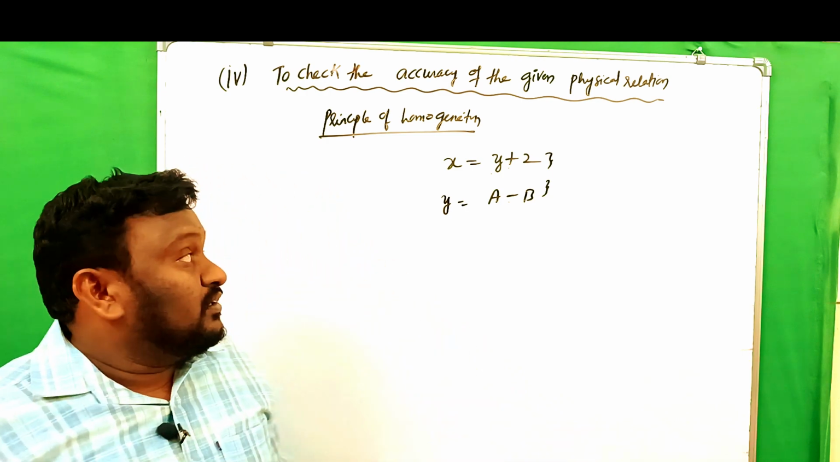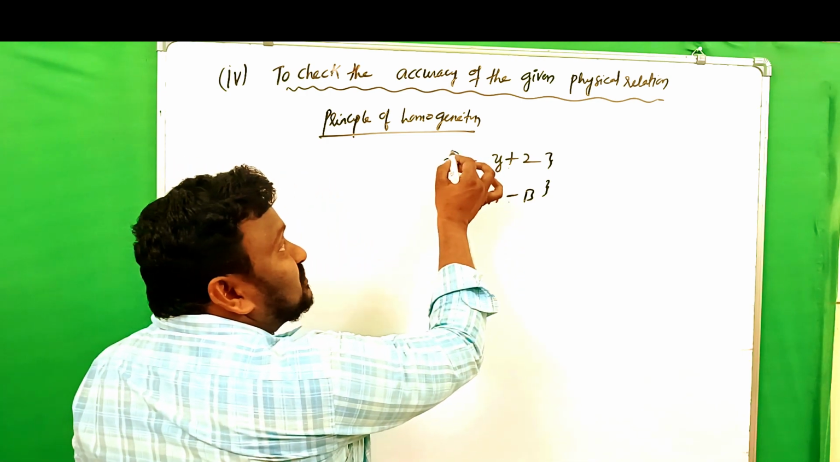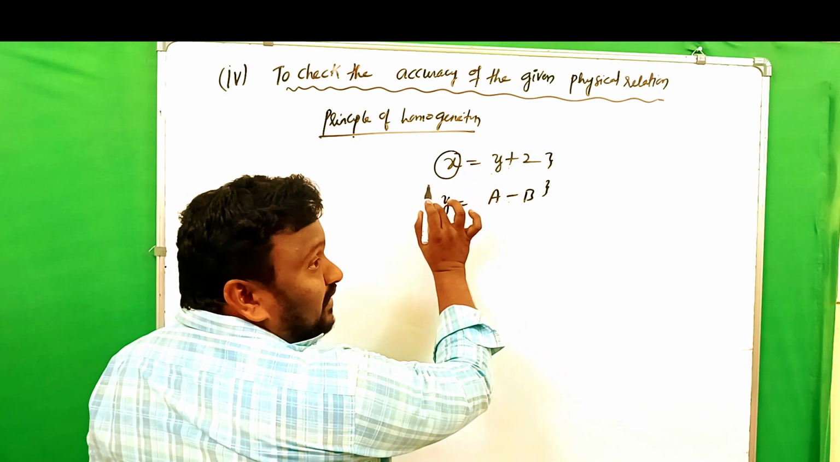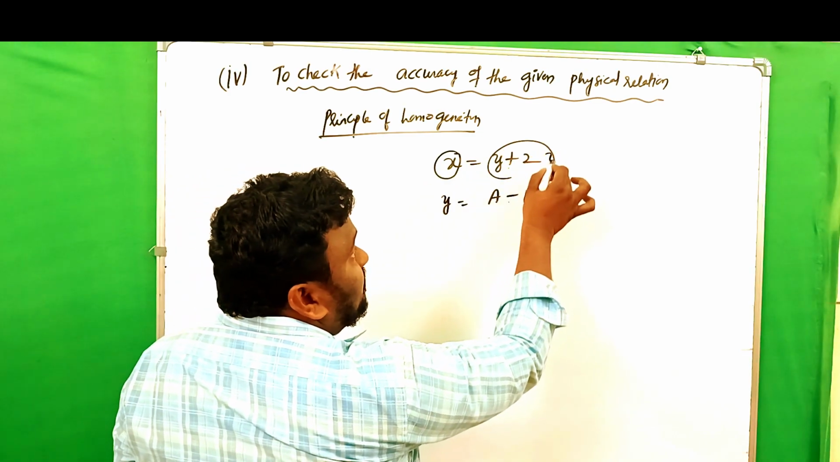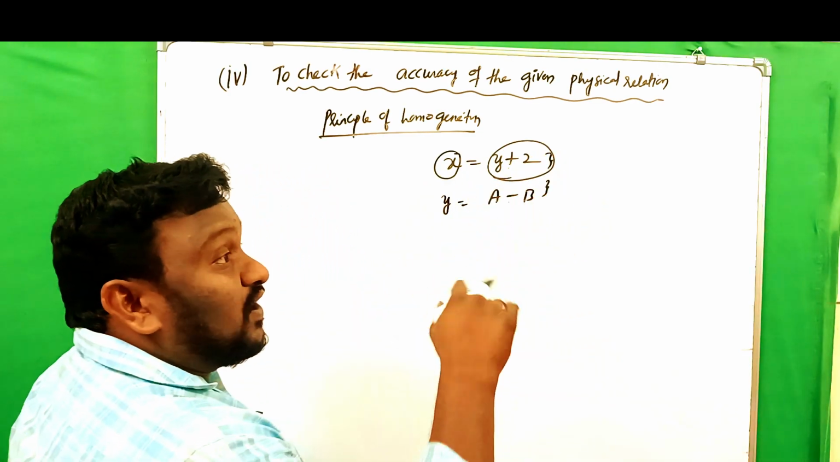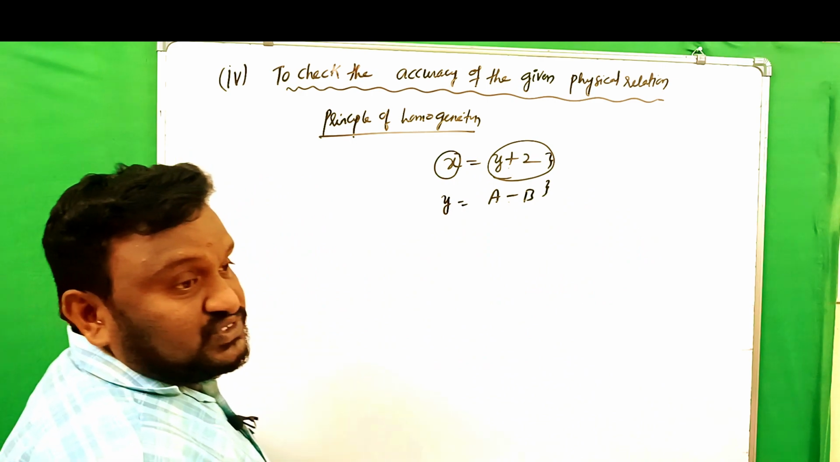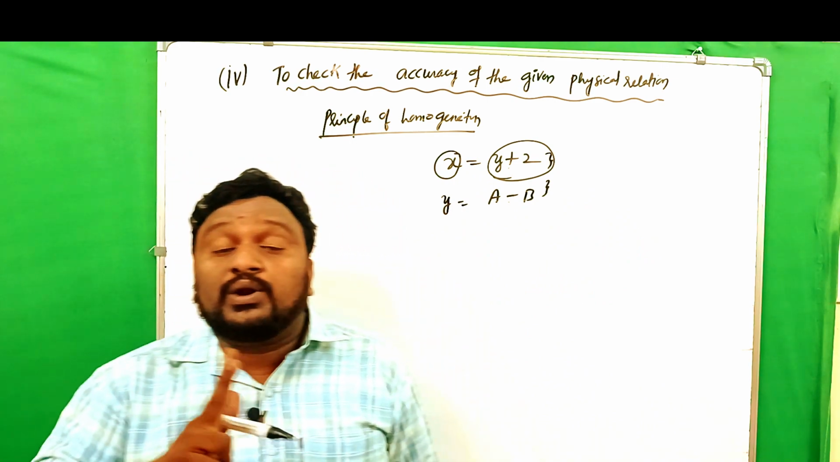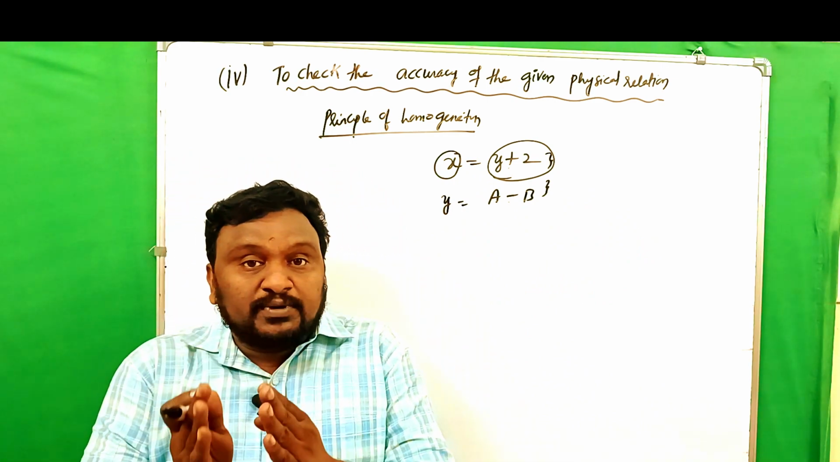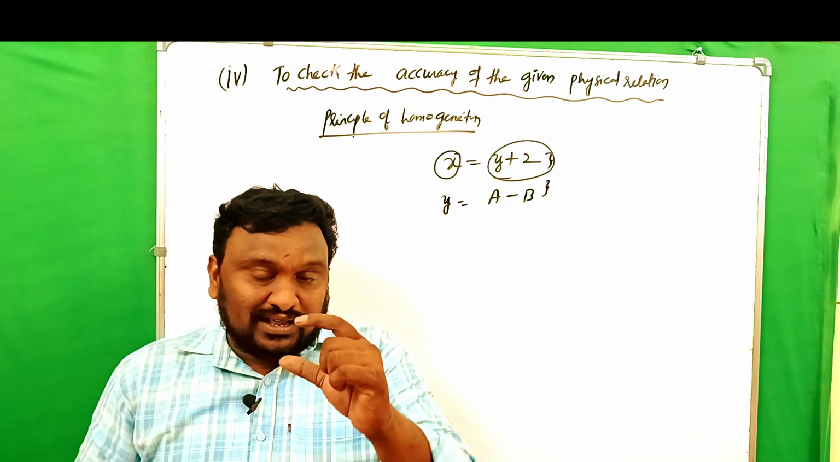And second thing, in any equation, the dimensions of the physical quantity which is on the left side should be equal to the dimensions of the physical quantities on the right side. So these two things you have to remember. Okay, principle of homogeneity prakaram, in any equation,